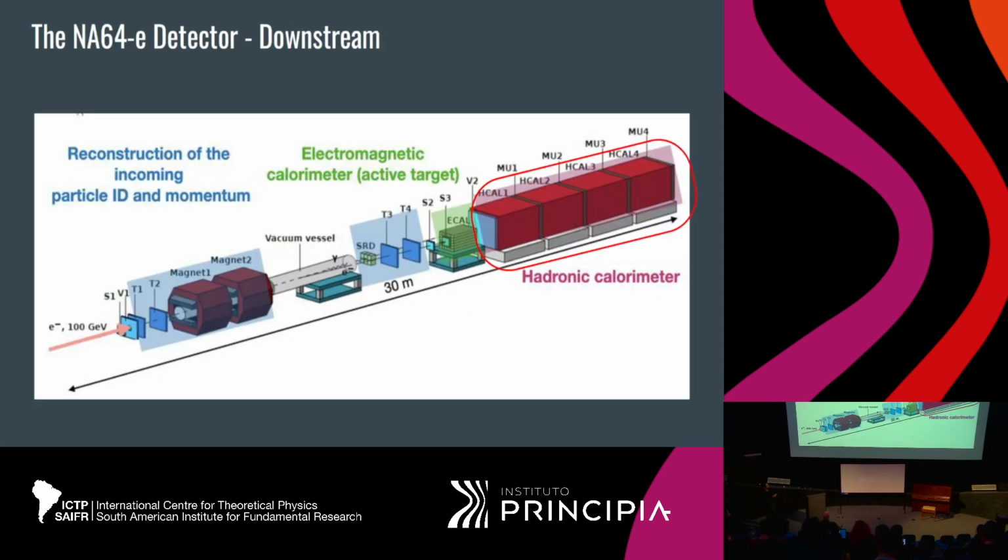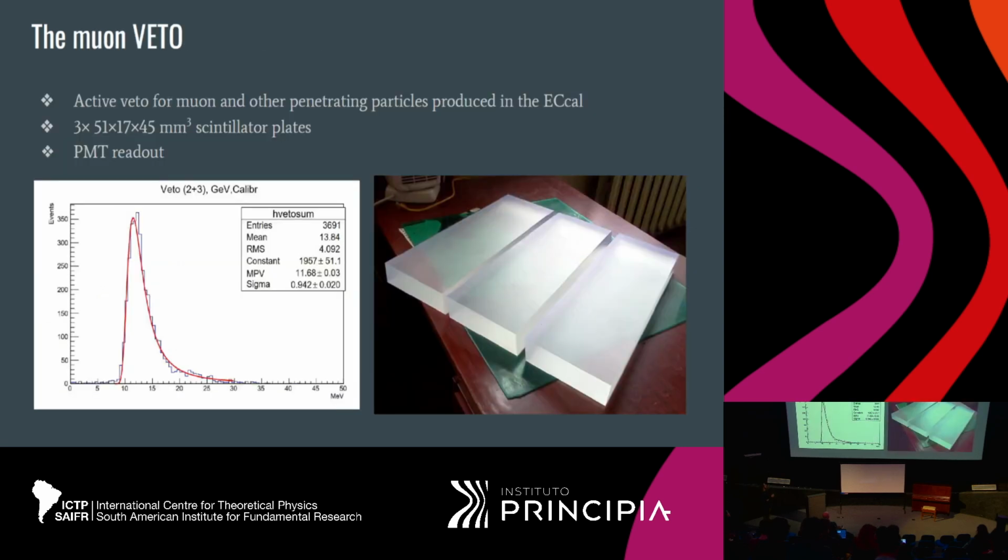Okay, now after the vehicle we have the last part, which is the downstream part, which is composed of the VETO, a muon veto produced inside the vehicle, and a very large hadronic calorimeter. The VETO is a fairly simple detector. We're talking of 3 layers of plastic scintillator that you can see in the photo here. They are fairly thick, about 5 centimeters thick, and they are superimposed, so as not to have dead spots. And they are read by